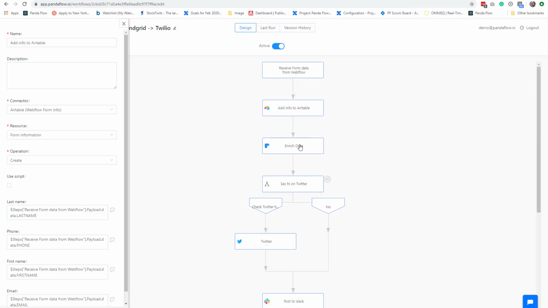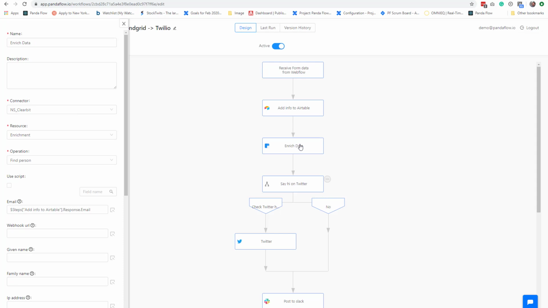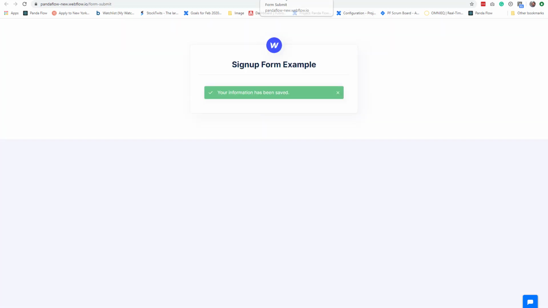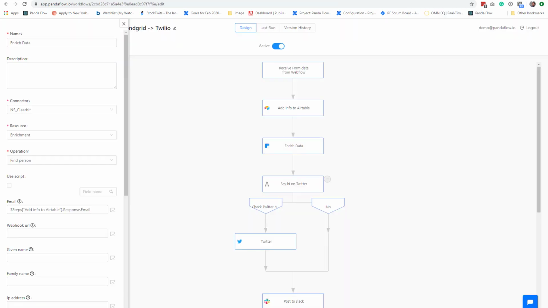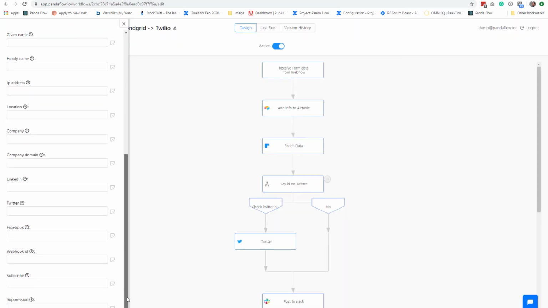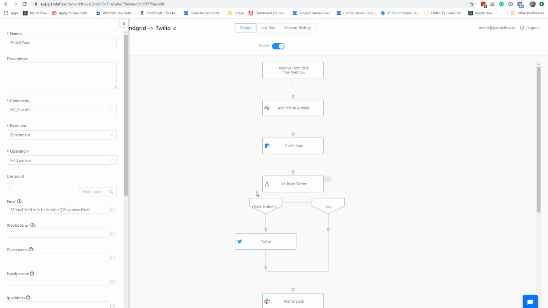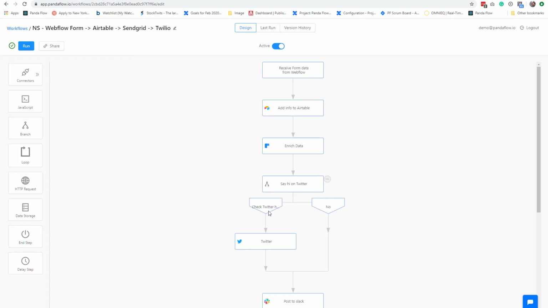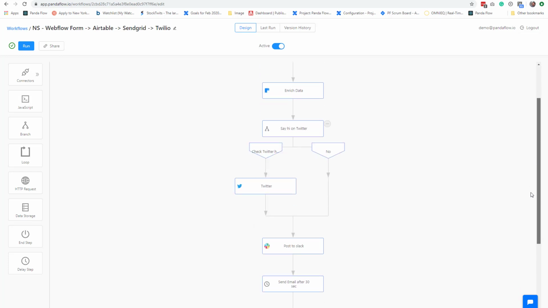So once we do that, in this case, you're only asking for first name, last name, email, but let's say you want to enrich that data a little bit more to find out the company name, the title, the seniority maybe, or maybe if they even have a Twitter handle, etc. So we run through a simple enrichment using Clearbit. In this case, we're just passing on the email and looking to see if they have, let's say,